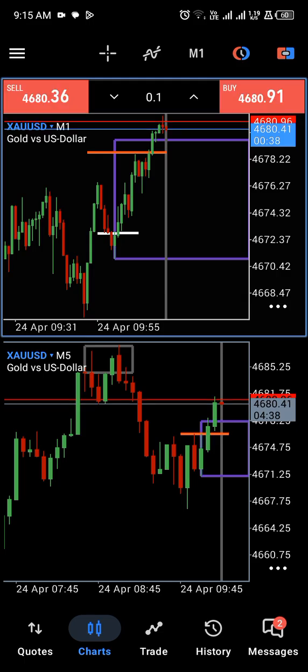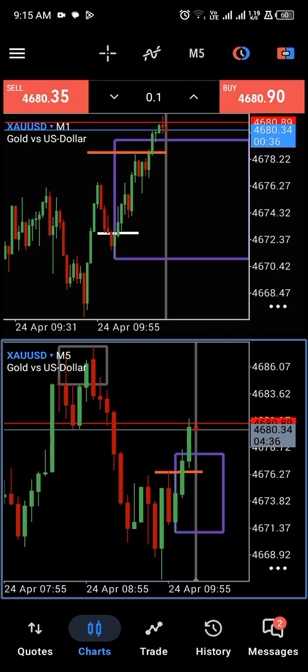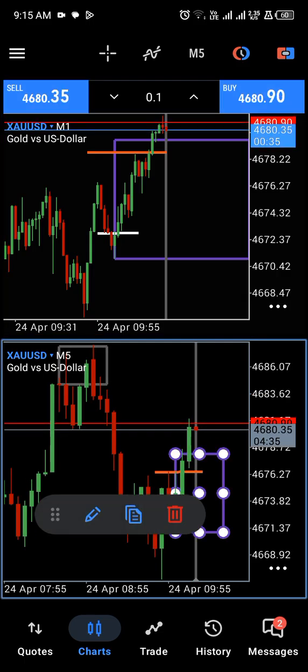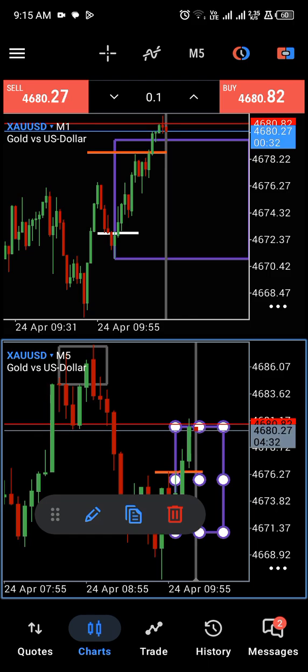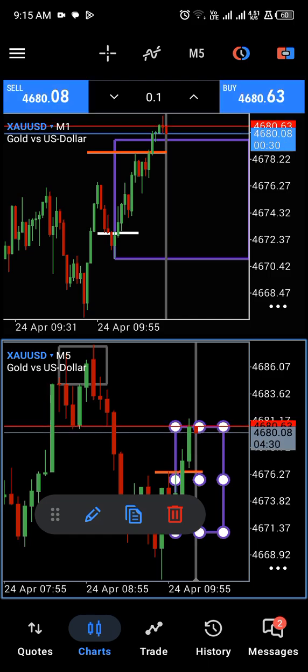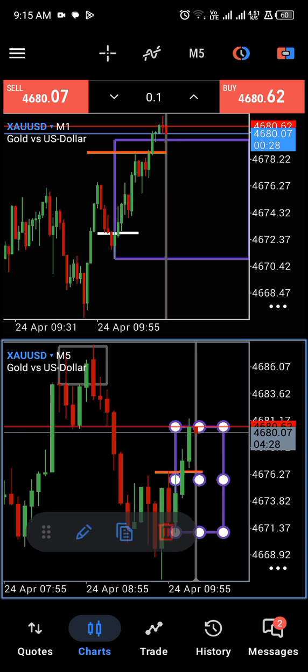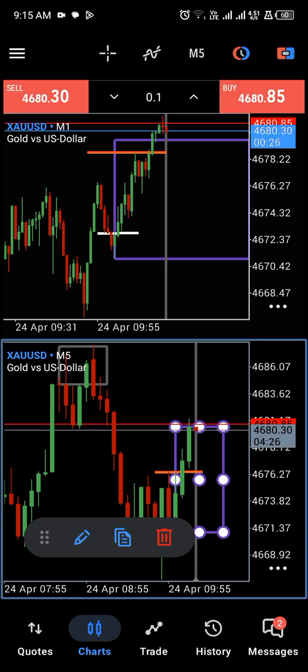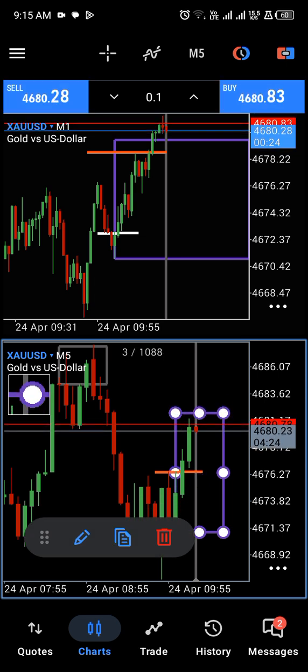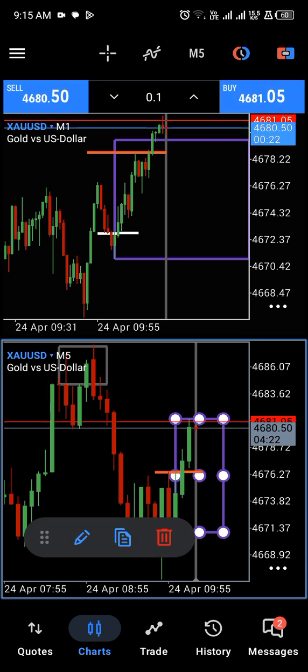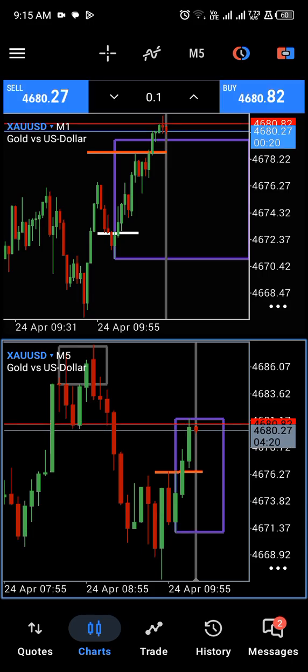And then I will also readjust on the 5 minutes time. My apologies. Just like this, and then I can see that the 5 minutes time frame is aggressively bullish,